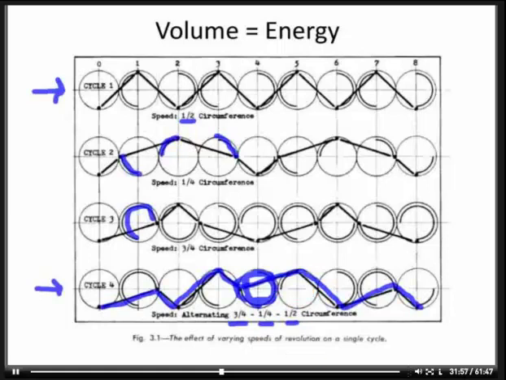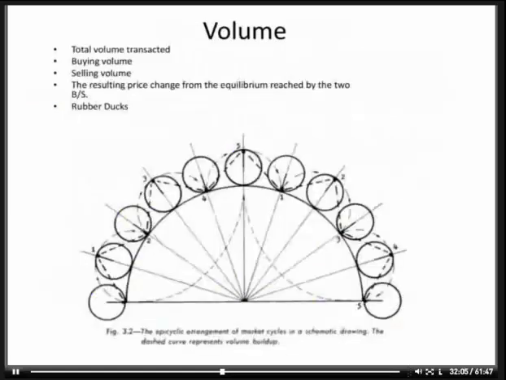So I know that's a little complex, but I think this is a really good way to understand why these cycles might not be perfect and why they are dynamic in nature. This is another example of how there are cycles within cycles. So the volume being transacted is going to affect the bigger cycles and the cycles within.